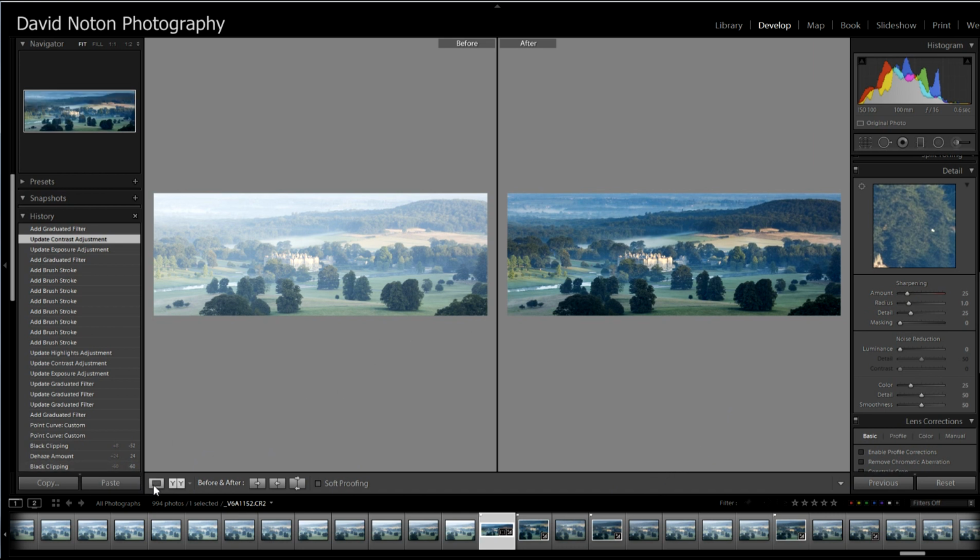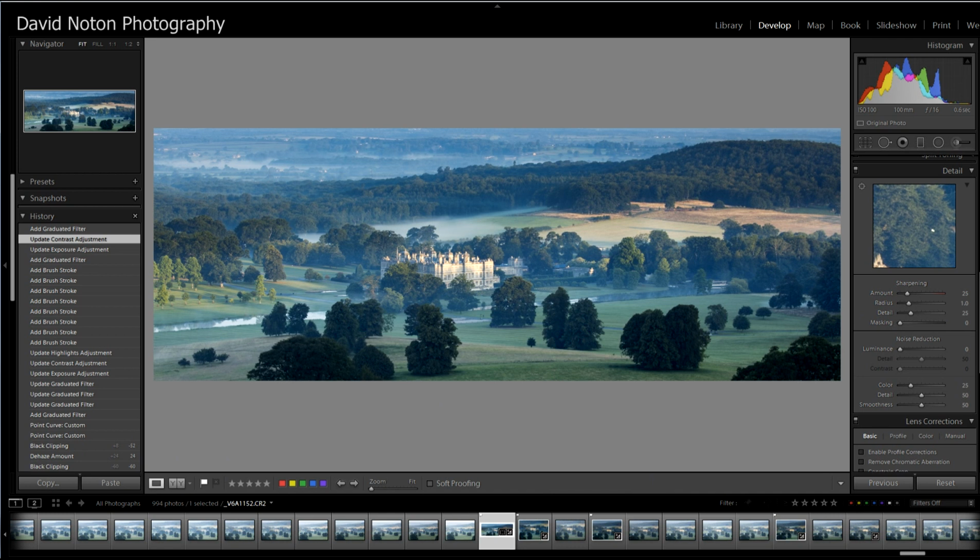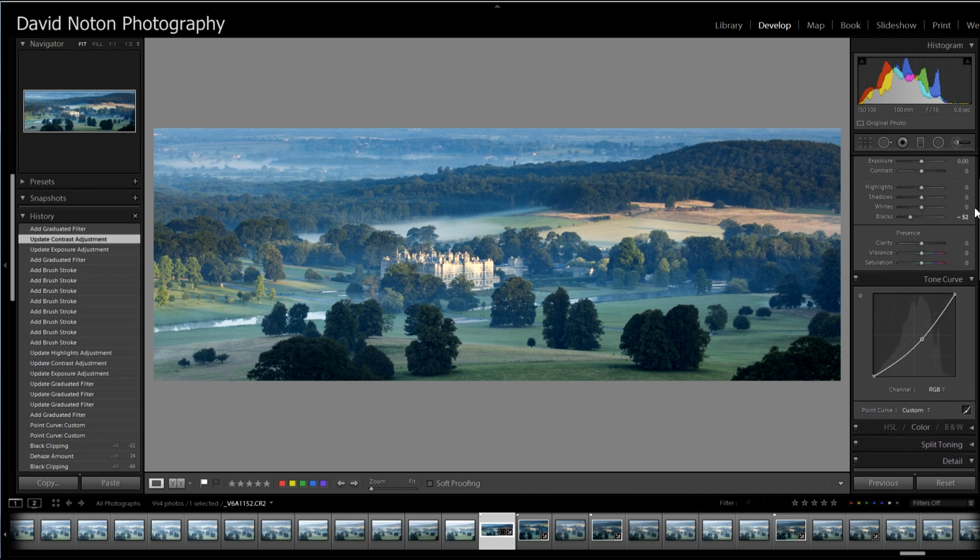Let's just consider, do I need any kind of adjustments now? I could of course put some vibrance in here, but I've altered the contrast of the picture, I've altered the density, and that has the effect of basically saturating the colours. So I need to be careful. If I were to put something like 20 in there, it's too much, it's too treacly, it's way too much really. I'm just going to put the merest hint of colour vibrance in there, 5. And now I'll look at the image,